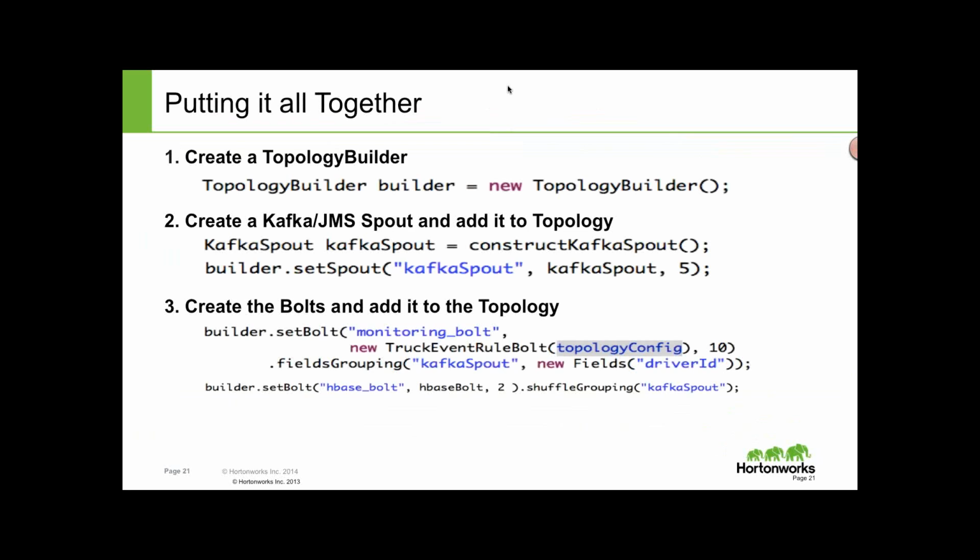So this is just very, very basic and rudimentary code here. This is based off of what we have at Hortonworks, a trucking demo which we presented last June at Hadoop Summit, and what it does is it demonstrates how you can use Storm to monitor truck driver behaviors on the road,